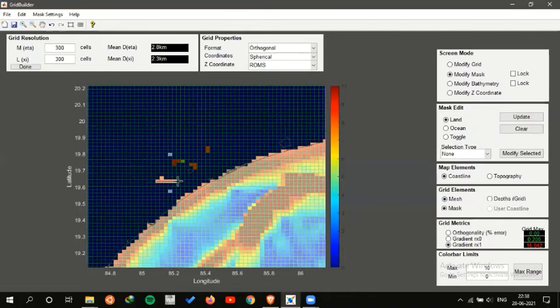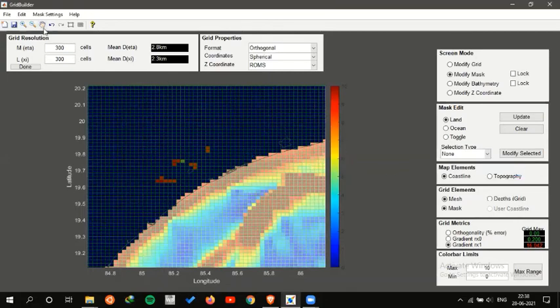Now, this will directly convert it into a land mask. All these are converted into land mask. You see now all the cells have been converted to land mask.